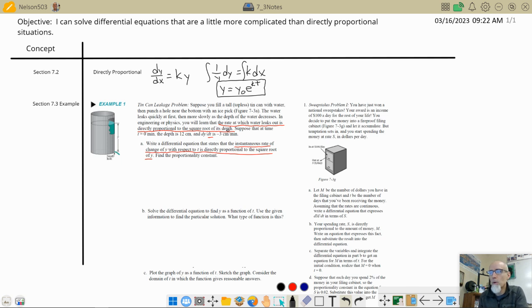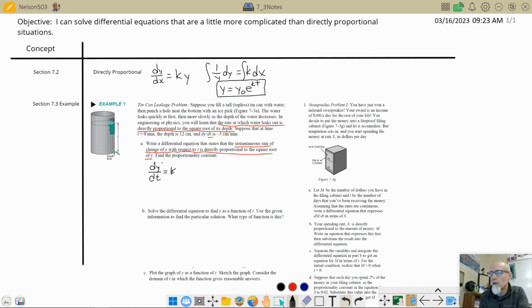So today, we're going to be challenged with some more difficult differential equations, but they're still going to be very doable. They're kind of entry level, if you will. They're not super sophisticated. So this one right here says that the rate at which the water leaks out is directly proportional to the square root of its depth. So they're telling us a rate, right? So it's like dy/dt, or dx, whatever you want to call it. I'm going to call it dt, is equal to,